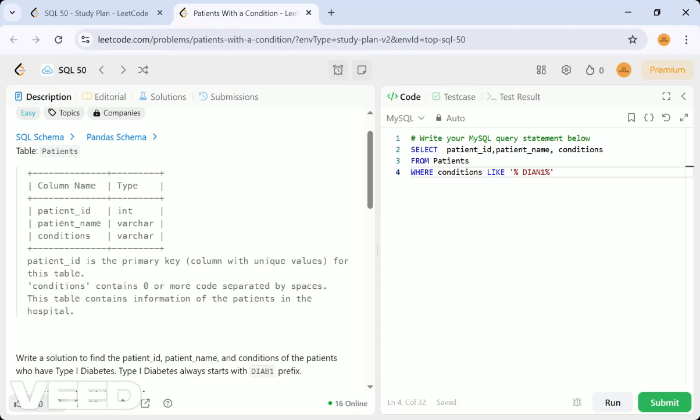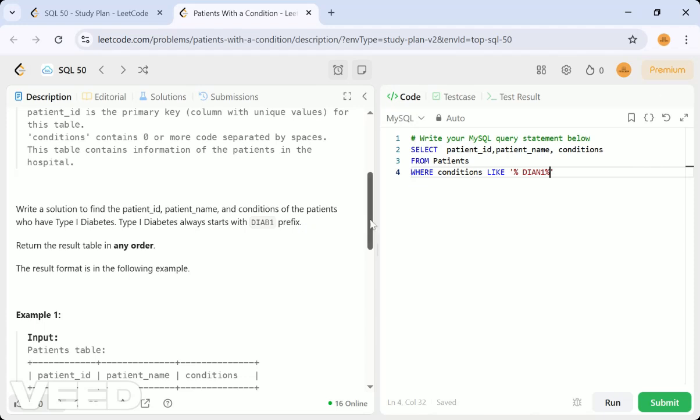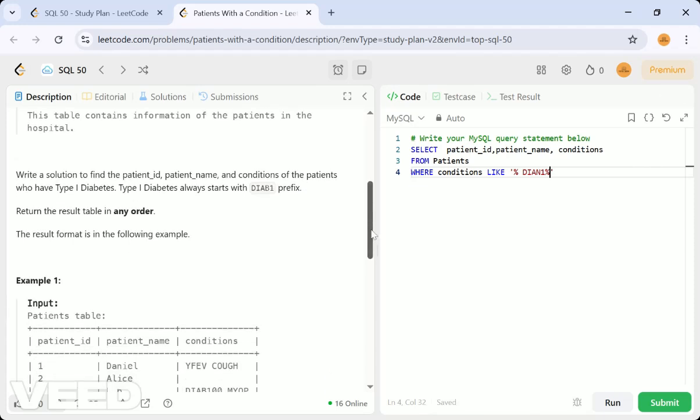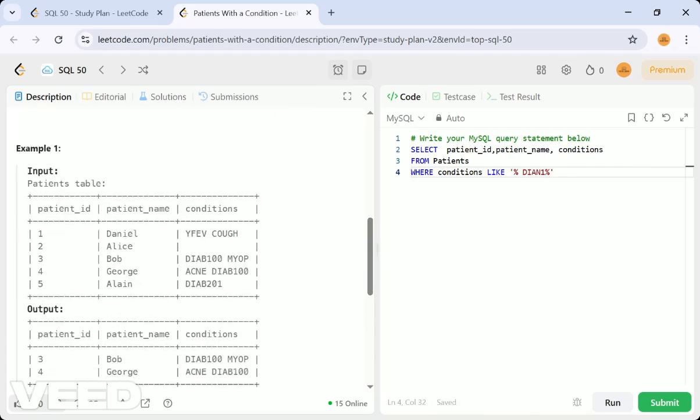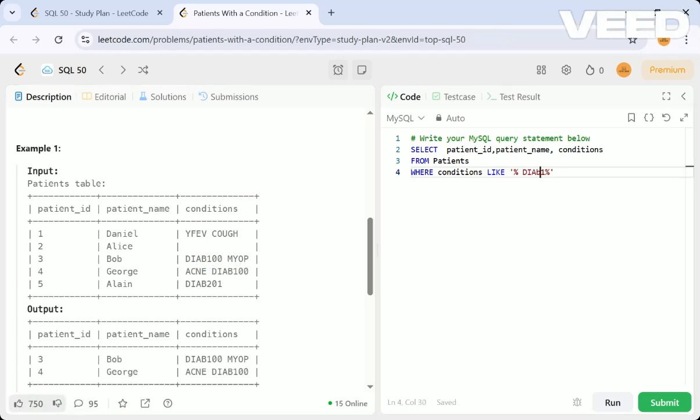They're asking for a prefix, so it should be like this. In any other case, the next condition in the list will also be like this.